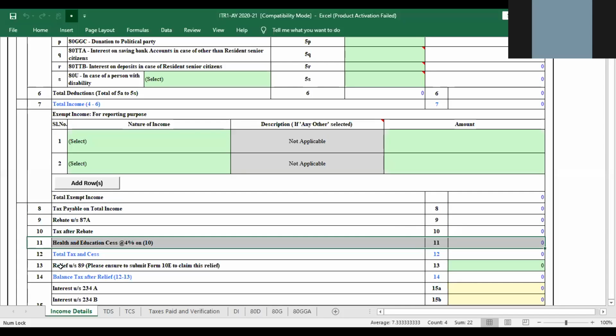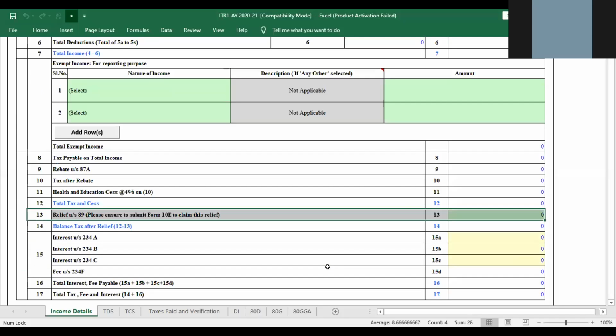Now, after this, we shall be calculating relief. Now, this section is not very well talked about, is not very well known in the masses. It is a little hidden section. People don't know about it much. So you get a relief under section 89(1) in case when you were supposed to get some income in a particular year, but that income was deferred to you, not given to you that time, and it is given to you in a later year.